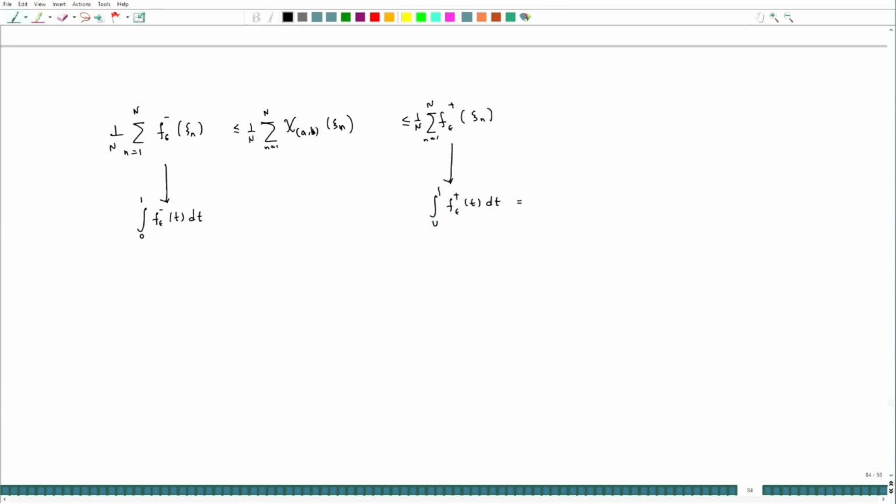Now, we have seen that this is b minus a plus 2 epsilon, and this is b minus a minus 2 epsilon. Therefore, for every epsilon